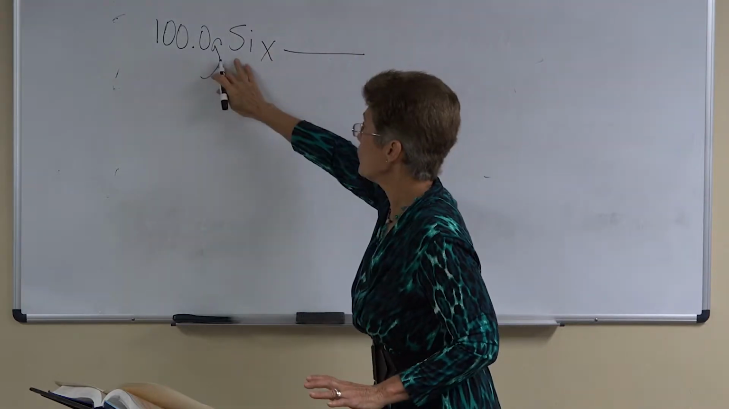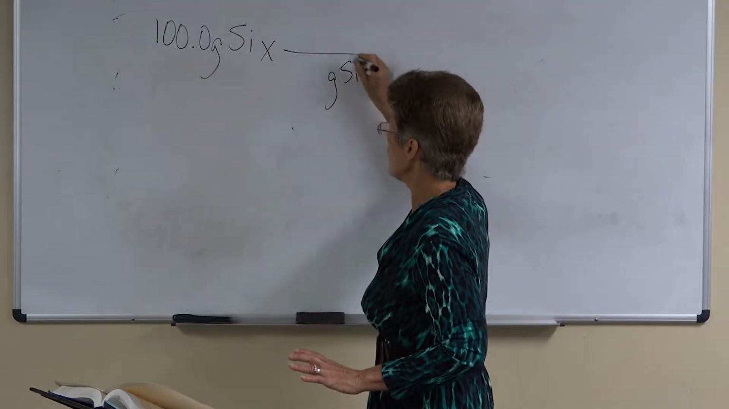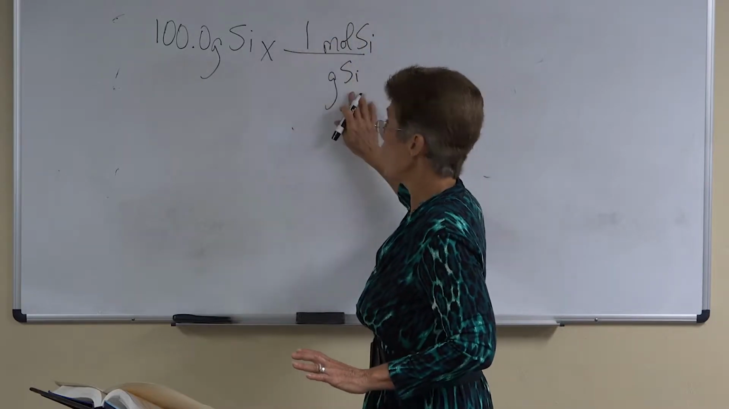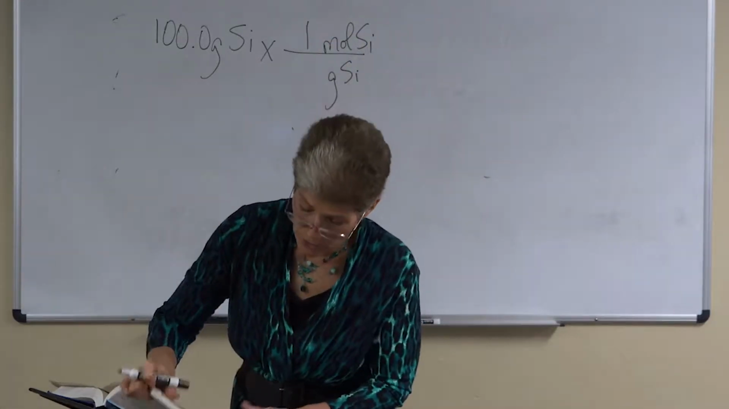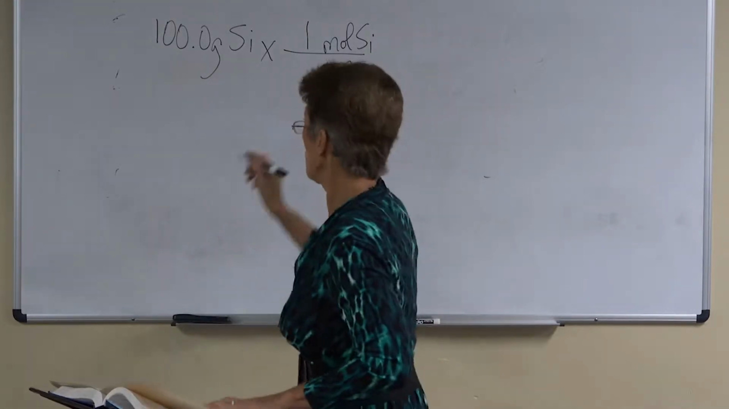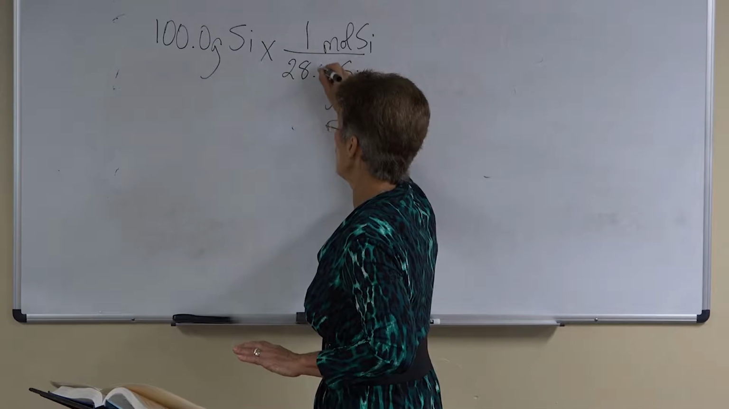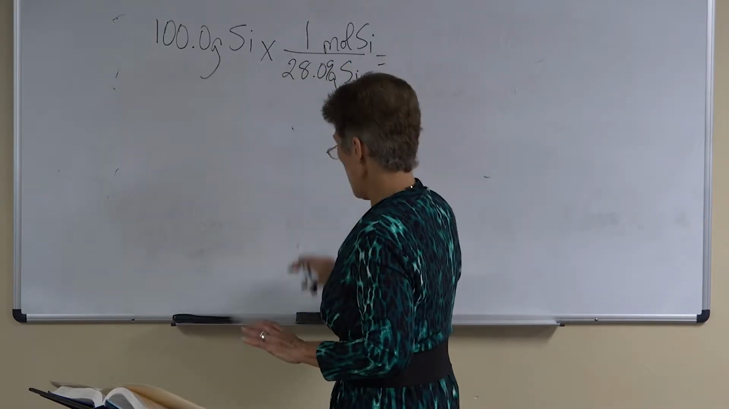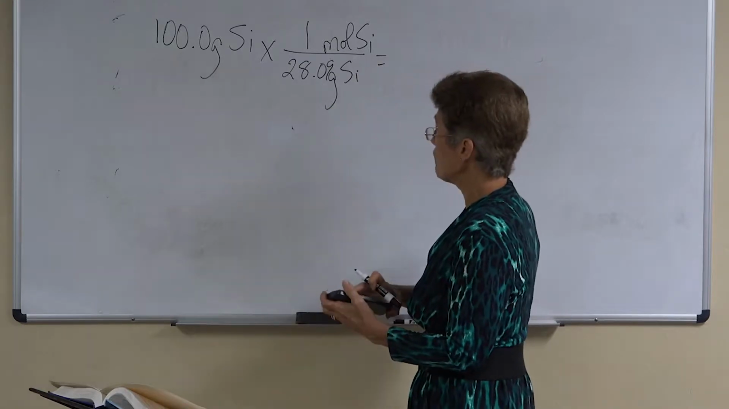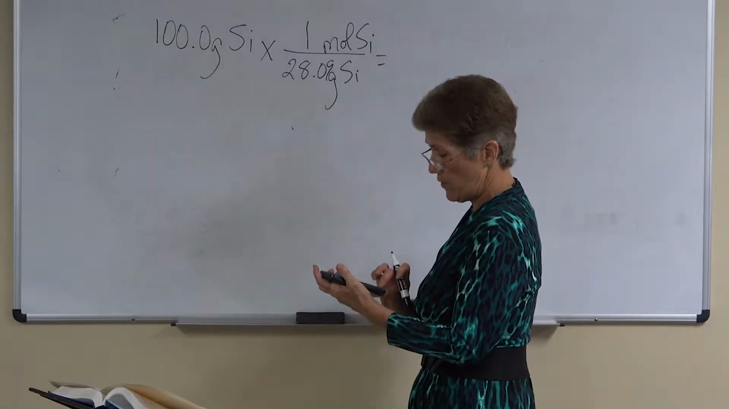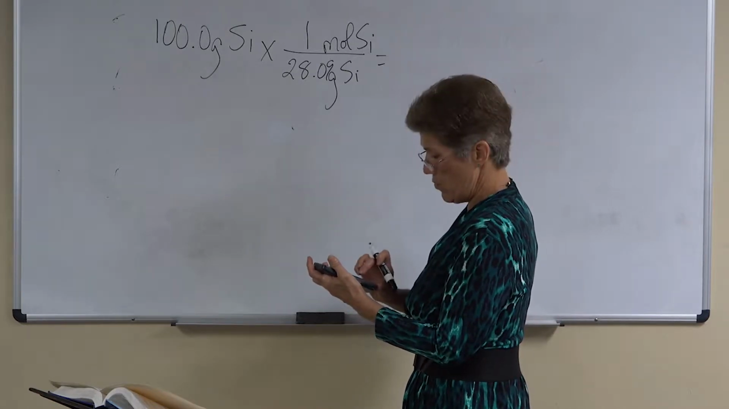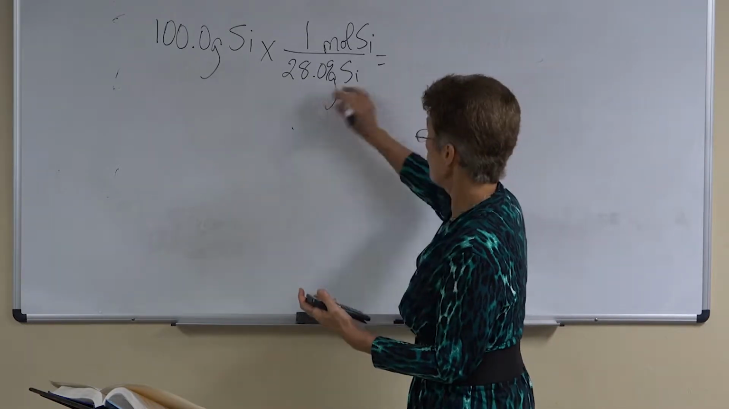You're going to go times line, whatever's here has to go here, and we're trying to get to the moles of it up here. We know that in 1 mole we have to go to the chart, and when we go to the chart, silicon's mass is 28.09. And then we have 4 significant figures here and 4 significant figures here. So our answer will be in 4 significant figures. So 100 divided by 28.09 equals,